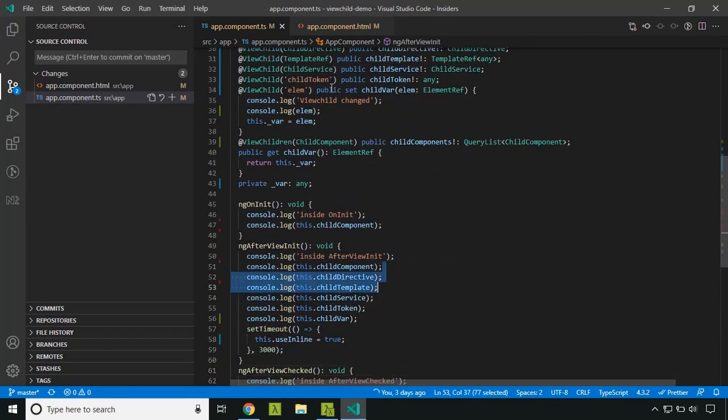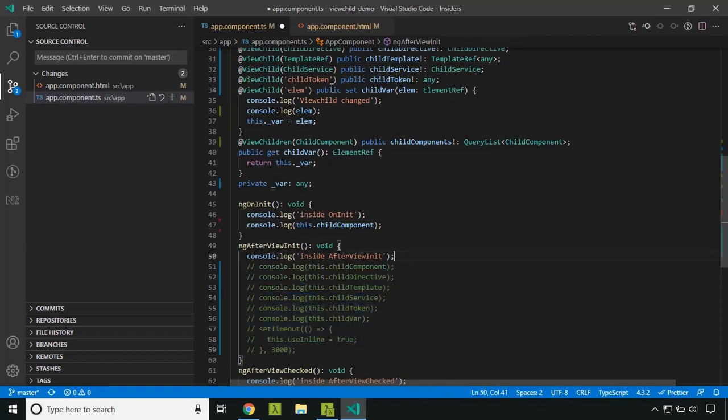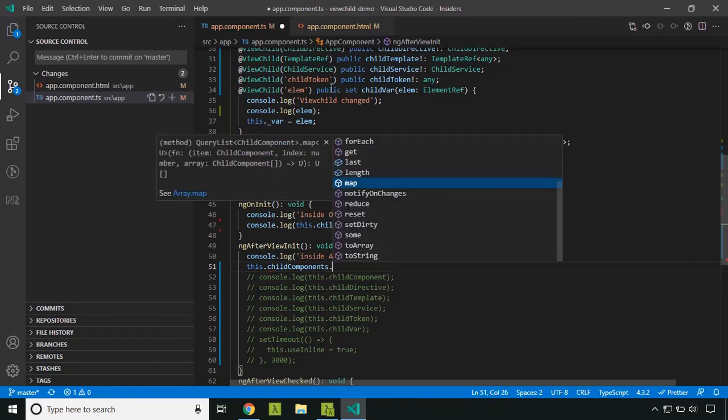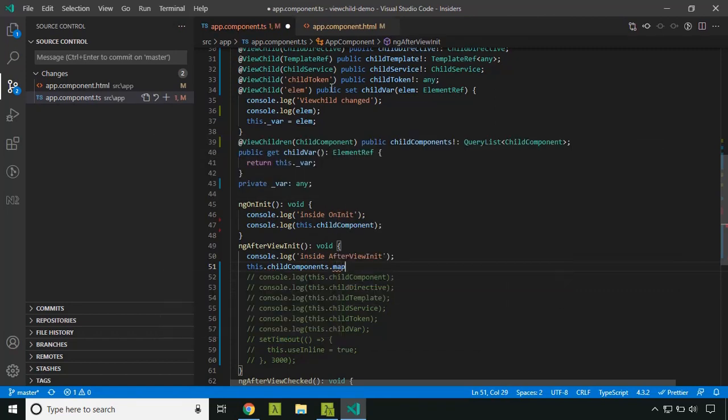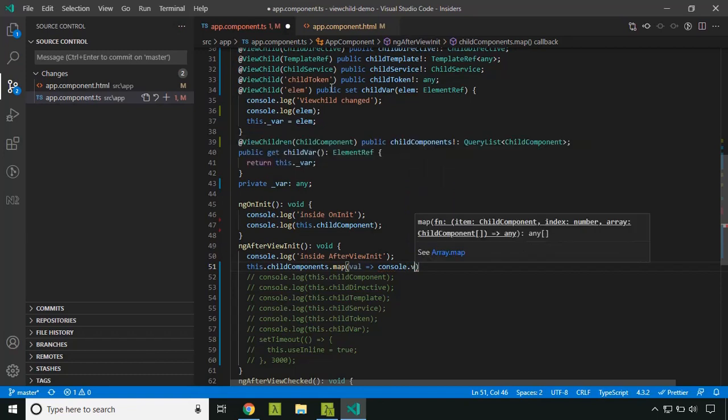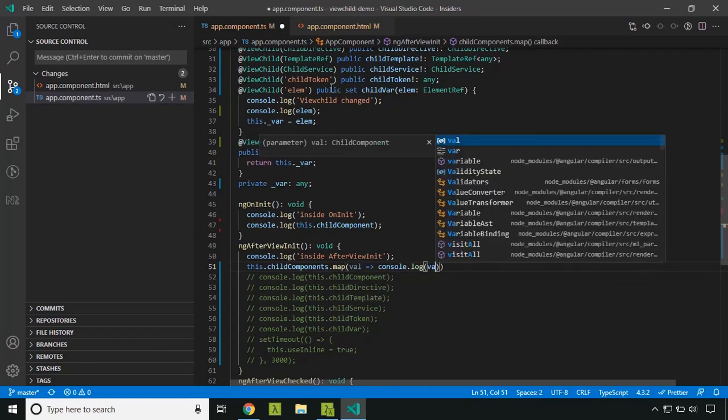So I am commenting out all this, and now we can add the child components, and inside that we can use a map. Here I am logging the value of our components.